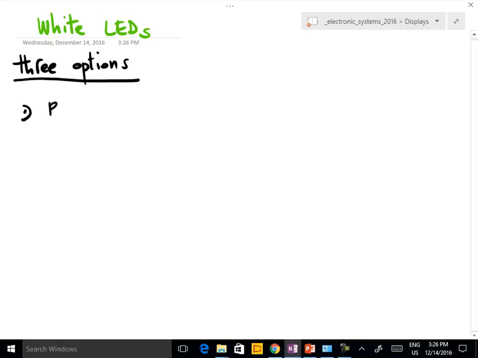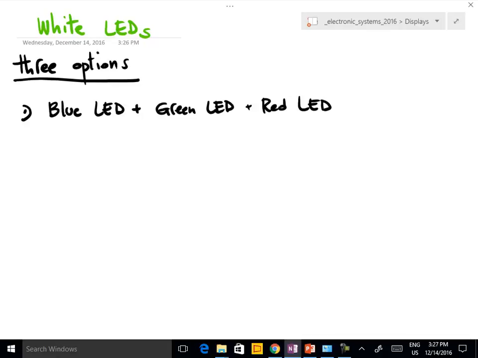And this is actually an option that is used: blue LED plus green LED plus red LED. Okay. By adjusting the intensity of the three different LEDs, we can obtain a good white, or at least, let's say, a type of light which is